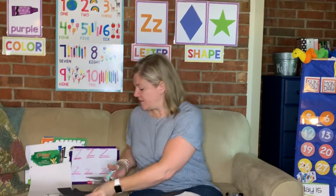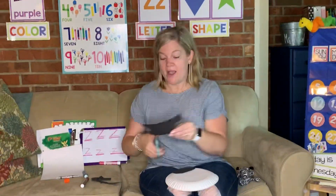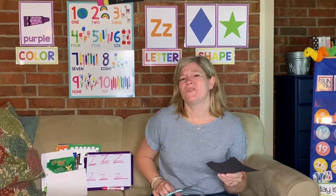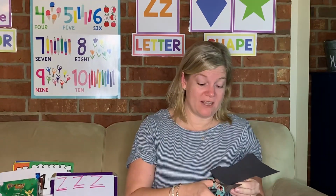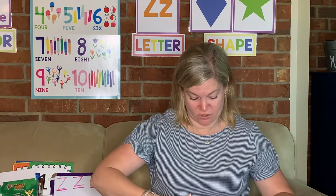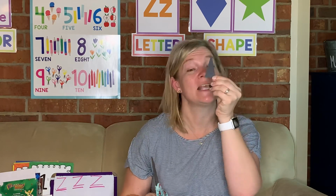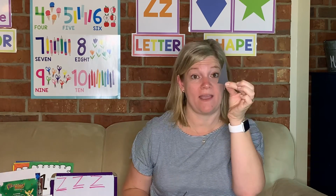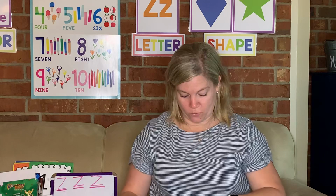and I've got all these scraps, but we're gonna use every bit. So now I'm gonna cut out probably 6 triangles. And these are kind of gonna be, we'll say they're tall triangles, because they're gonna kind of look like stripes. So do you see how, Miss Nicole, they're kind of skinny, tall triangles? I need 6 of these. So mom and dad, if you want to draw them and have your child cut them out, that would be awesome. I'm going to do them real quick